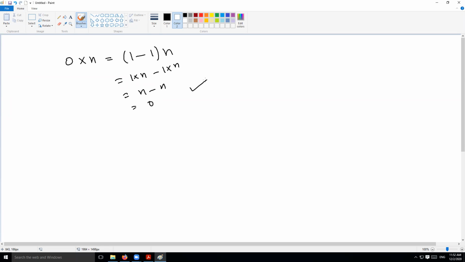So it's really a consequence of it actually. Why is this not a fundamental property in the list of properties? Because this is something that you can prove through the distributive law and the additive inverse property. So there is no need to include it in the list of the basic properties. So you can deduce it.